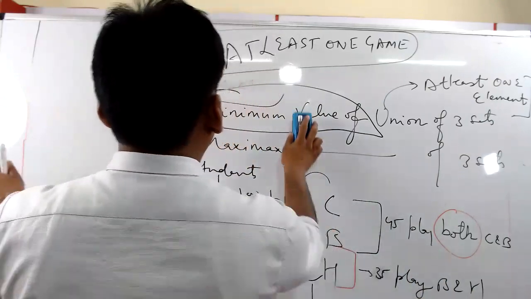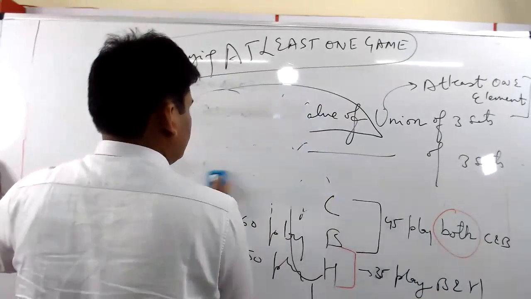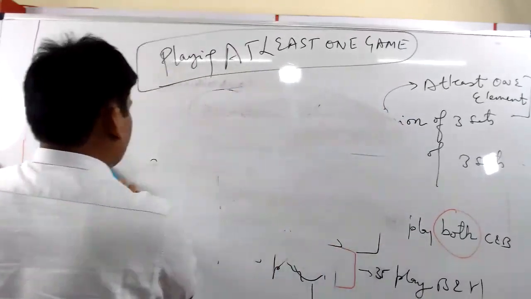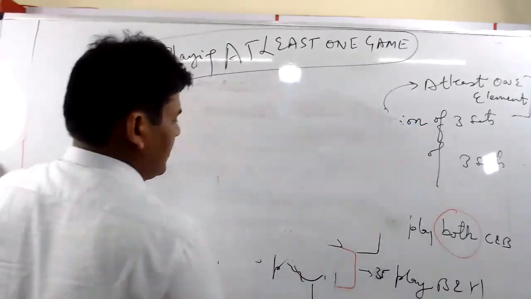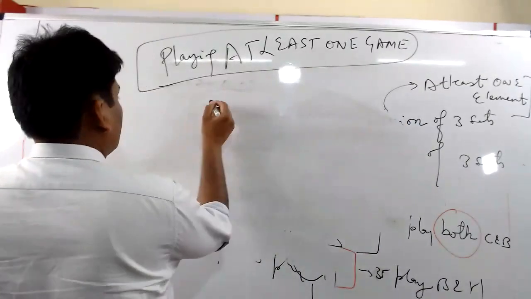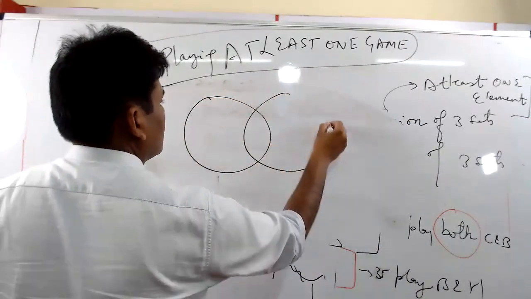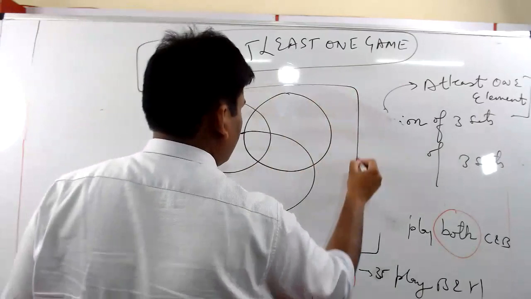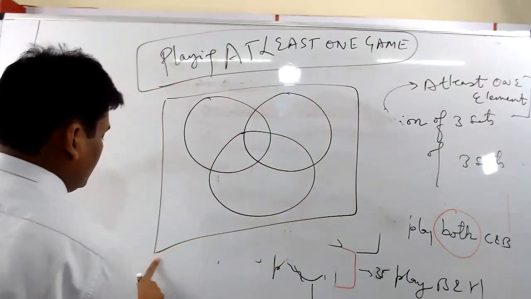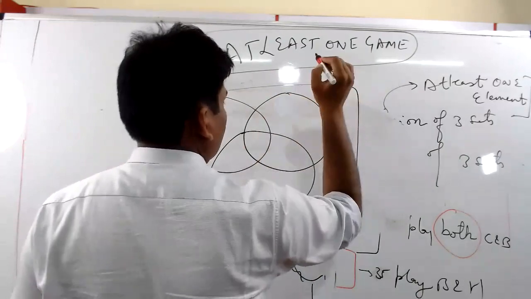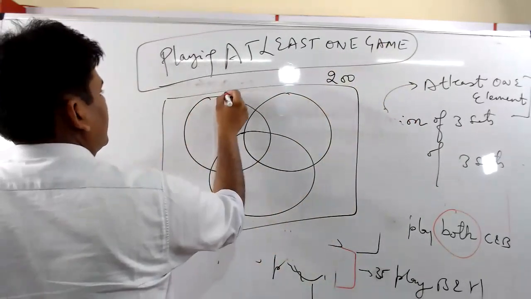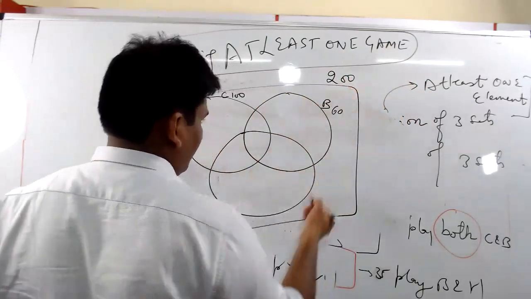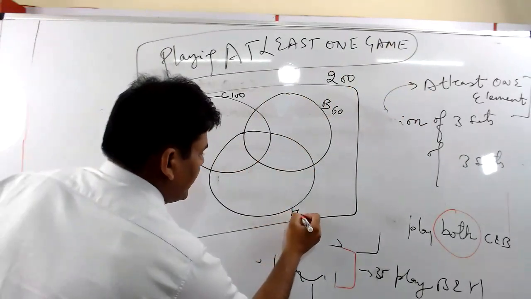Shall we try understanding the question with the help of a Venn diagram? All right. So let us try understanding the question with the help of a Venn diagram. So I'll take 3 sets. There are a total of 200. I said you should be referring to my first video wherein I have taught the basic concepts of sets. So cricket is 100, basketball or badminton, whichever game you like, just write it down. I'll say B 60, H 50.